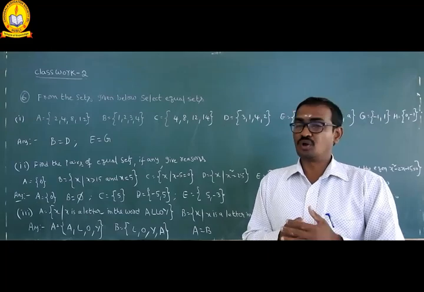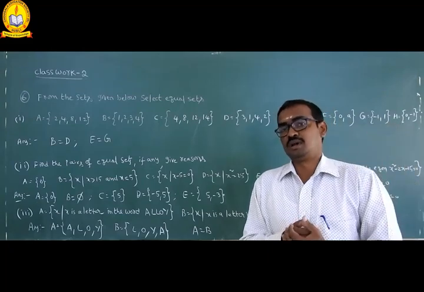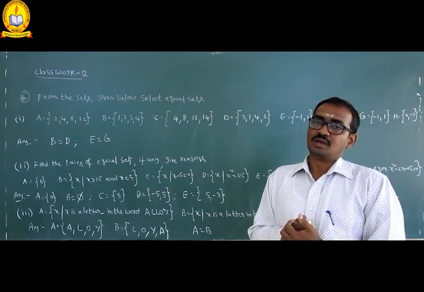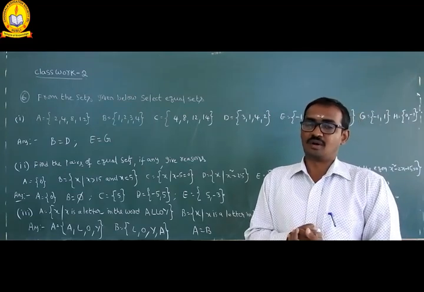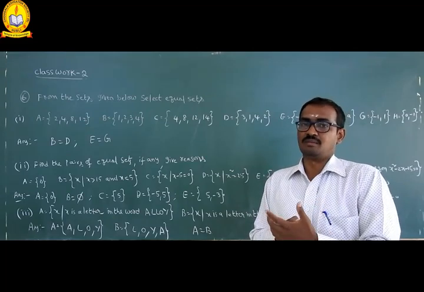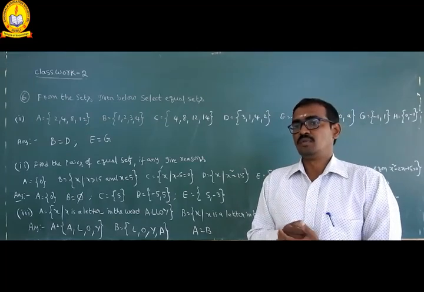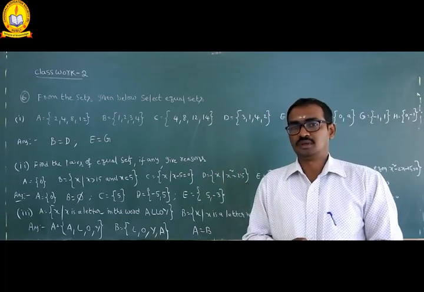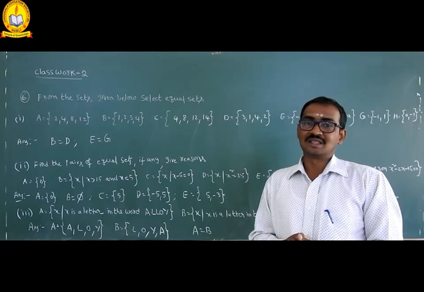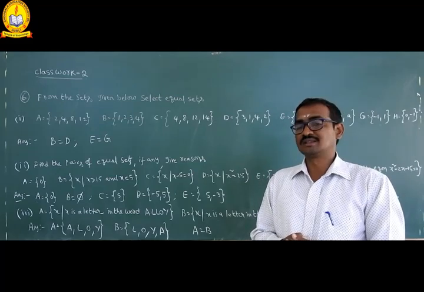Do not possess that single property. That is the representation of set builder form. For example, in set builder form, {x such that x is an even prime number}, x is the even prime. That is the singleton {2}. Second example, {x such that 1 < x < 3, x belongs to N}.